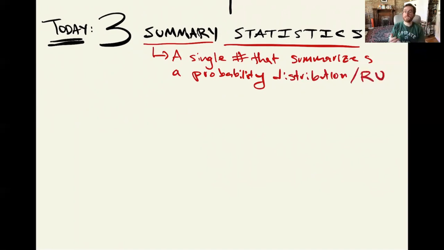We think of a probability distribution as being this thing which summarizes how a random variable behaves. All right, let's continue. So what are our three topics today? Our three summary statistics. Well, these are the mean,